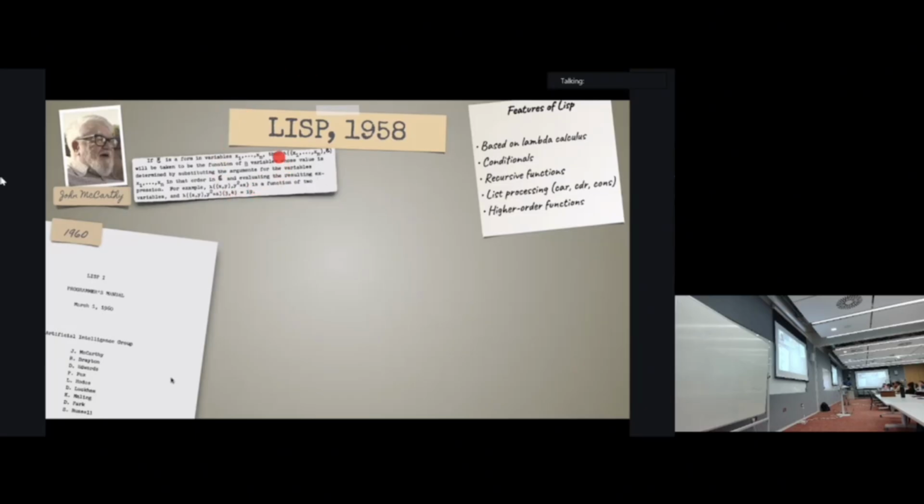You can see that he is very much thinking about having lambda functions right from the beginning. This is the first paper that he wrote on the issue, and he's writing lambdas right there. So he's taking a completely different view. This language has conditionals, it has recursive functions, and it has list processing in the form of what we call